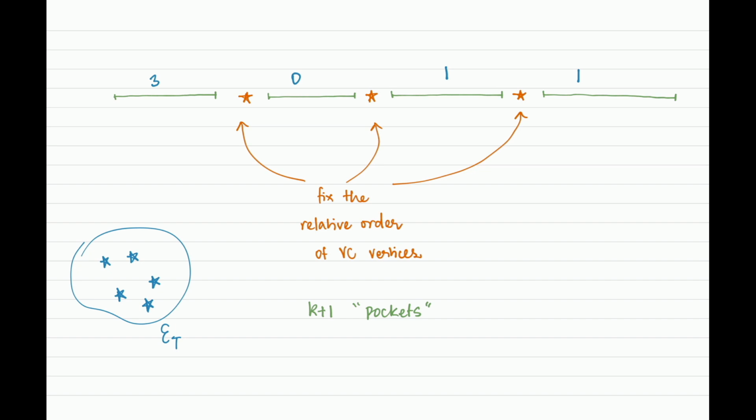But the key observation is that this is not going to matter, in the sense that as long as your layout and my layout position the same number of vertices from each equivalence class in each of the pockets, the total imbalances of our layouts are going to turn out to be exactly the same. I think this is reasonably intuitive to see, because all of these vertices have the exact same neighborhood in the vertex cover. So no matter which vertices you place in these pockets, they can basically fit in each other's shoes